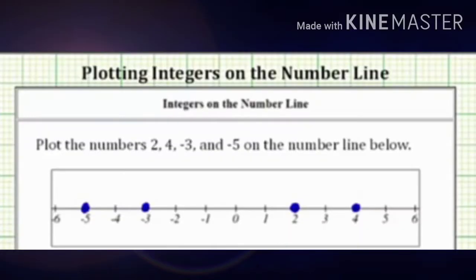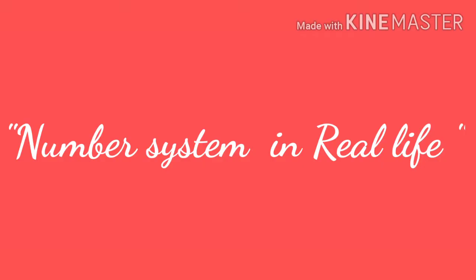Students, we know how to mark natural numbers on a number line. Similarly, integers with negative values need to be marked. We are asked to plot the numbers 2, 4, -3, -5 on the number line. First, draw a number line, mark 0, positive integers, negative integers corresponding to the given values. Mark a circle around the number to represent the integers.